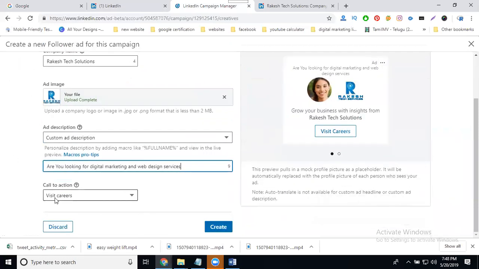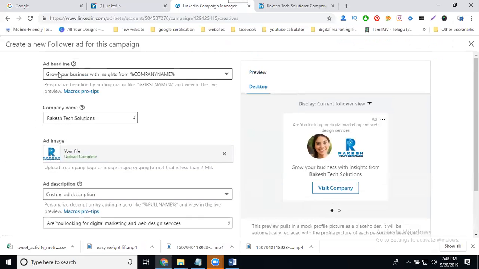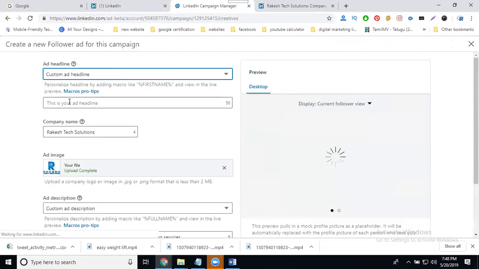Services, not visit career, visit company. Then the headline, custom headline.